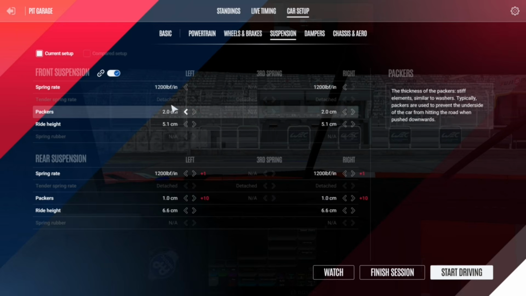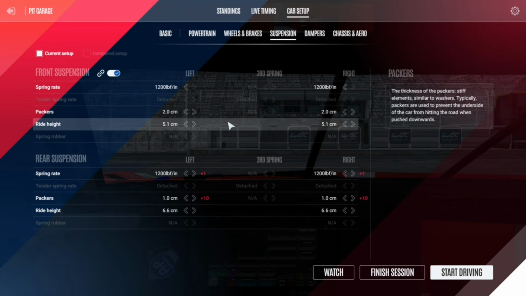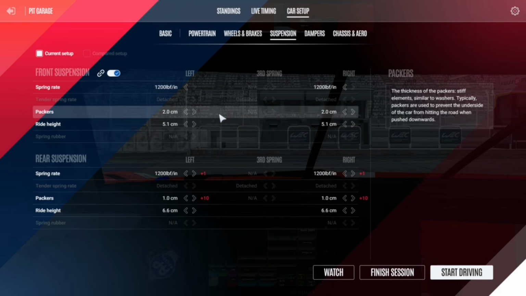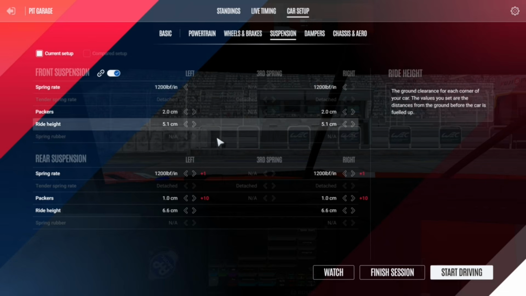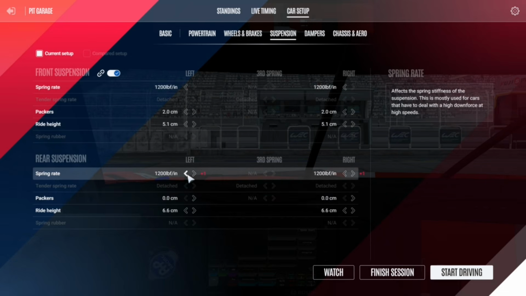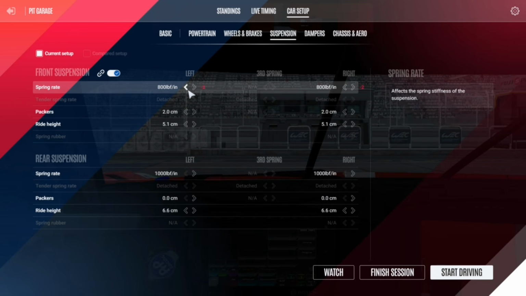Previously I told you that the Porsche was using a very stiff front spring rate, and that sometimes it could have gone up to 10 or 15, really high values, but now the car needs to be softer in terms of front suspension with the new tire model, making the majority of GT3s also use the minimum front suspension. That does not mean it's the only value that you should use, but it shouldn't be a surprise if you end up on quite a low value that you did not expect.